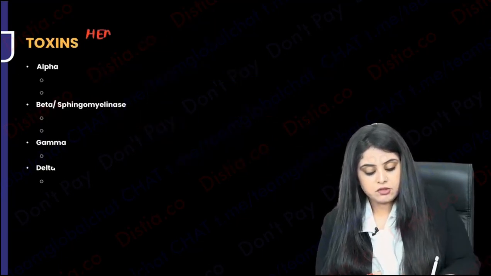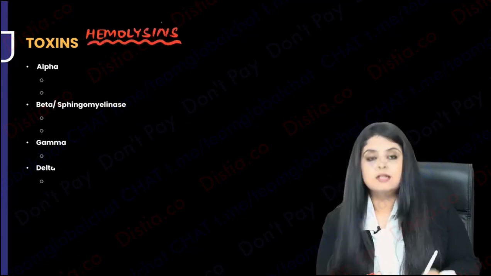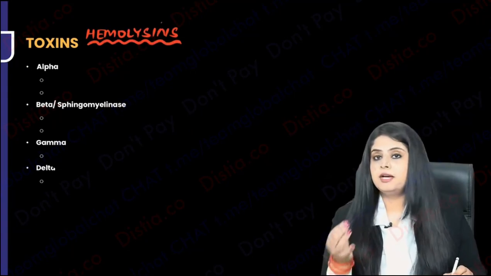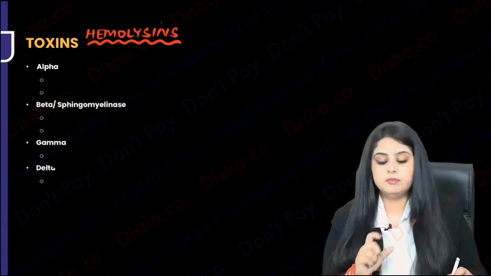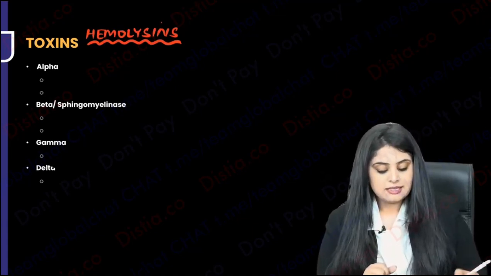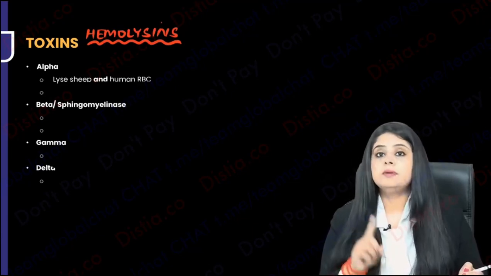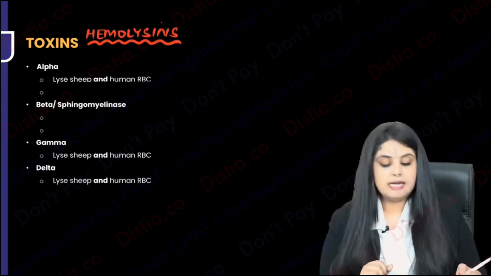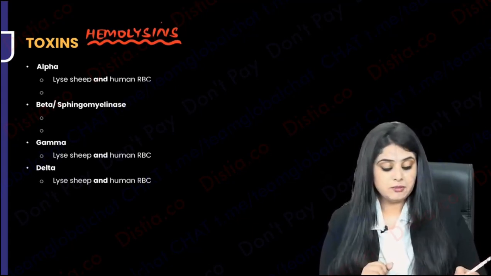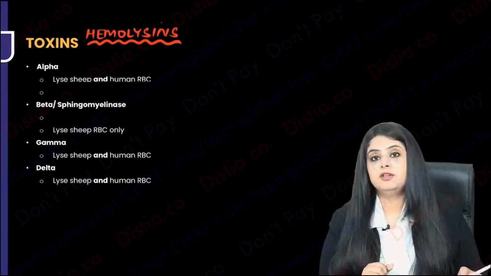The first set of toxins that we have are hemolysins. They will break the blood. So we have alpha, beta, gamma, delta. Four hemolysins. You will say, what blood is it breaking? So I will now tell you that alpha is going to lyse sheep and human blood. Then even gamma is going to lyse sheep and human, delta is also going to lyse sheep and human blood, but your beta sphingomyelinase